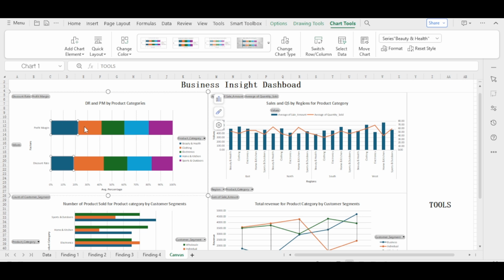But when we go over to the clothing product category, it is 20%, and so on. If you continue to go over the product category of each of these